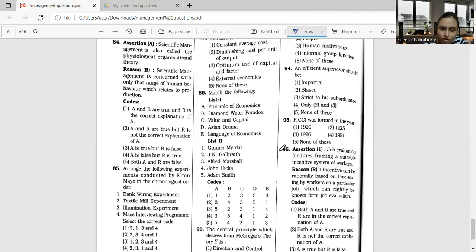A and R are true, and R is the correct explanation of A. A and R are true, but R is not the correct explanation of A. A is true, but R is false. A is false, but R is true, and both A and R are false. So we have these combinations, where we are going to have a discussion. See,